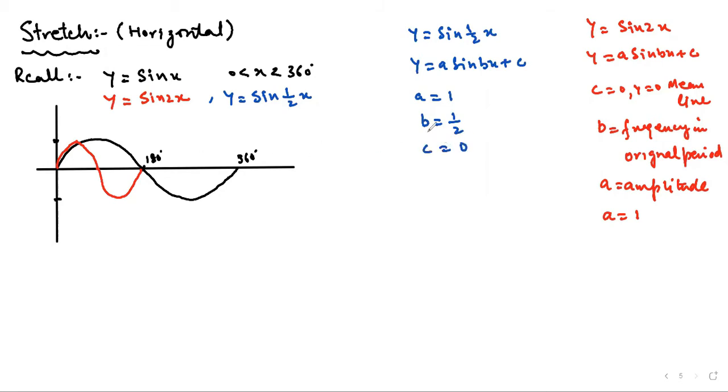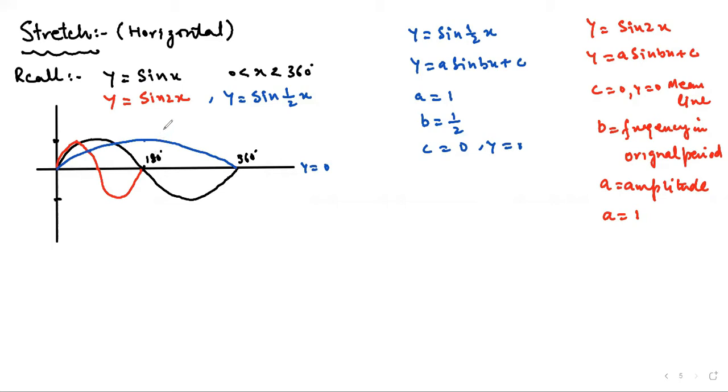This one is y is equal to 0, mean line. This one is y is equal to 0, already drawn. Now we will make half cycle of sine of x. We will draw half cycle for sine of x. This one is the half cycle for sine of x.